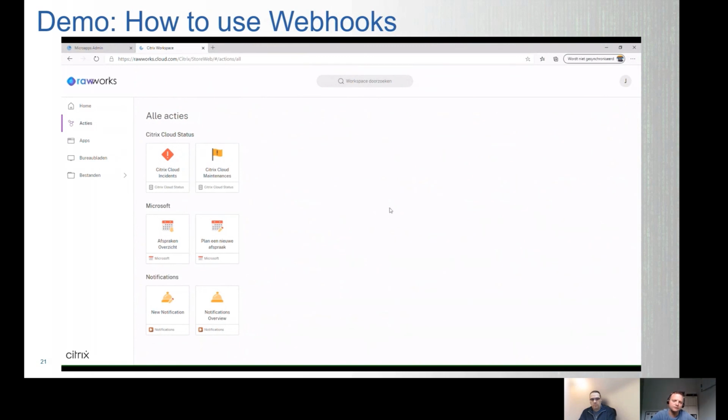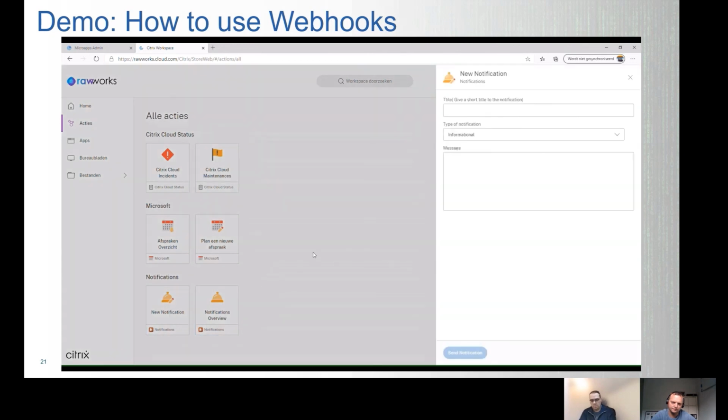So in this short demo, I want to show you how we've made a notification system with microapps using only Citrix Cloud and the webhook listener, which is available. So we created a notification overview and we created a new notification microapp. The new notification microapp is the way to create notifications for the user. We have informational, maintenance and incident types at the moment. And for now we're going to create a maintenance